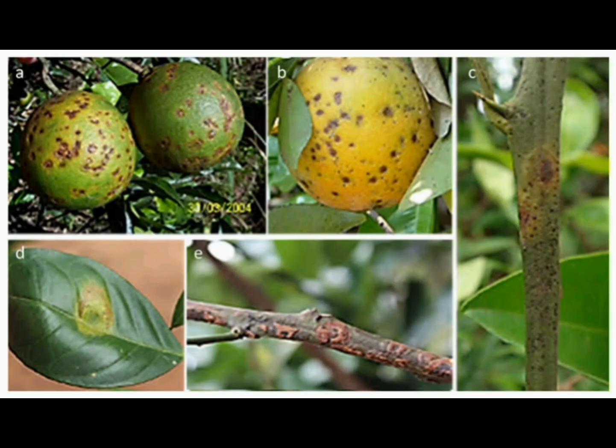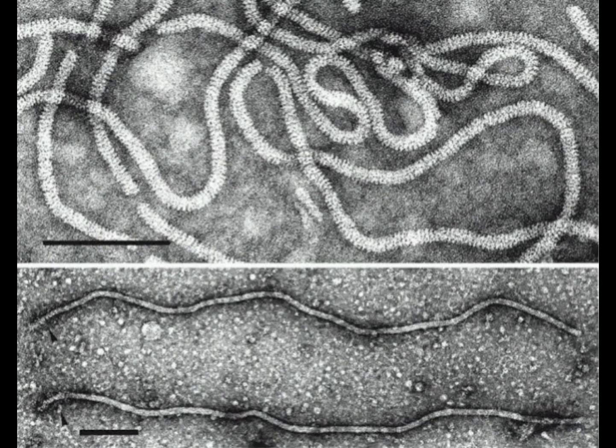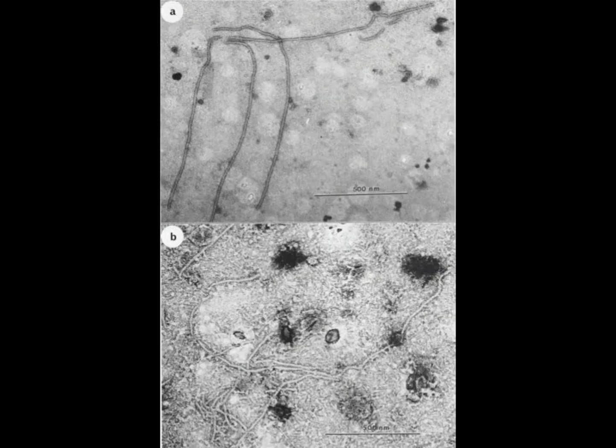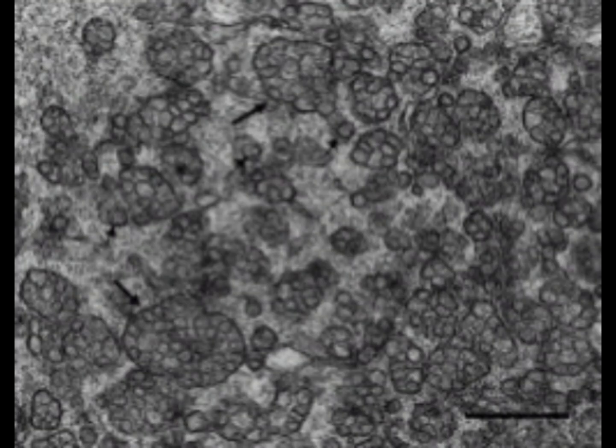CTV belongs to the genus Closterovirus, family Closteroviridae. The family Closteroviridae contains more than 30 plant viruses with flexuous, filamentous virions, with either mono or bipartite, one tripartite, single-stranded positive-sense RNA genomes. A recent revision of the taxonomy of the Closteroviridae, based on vector transmission and phylogenetic relationships